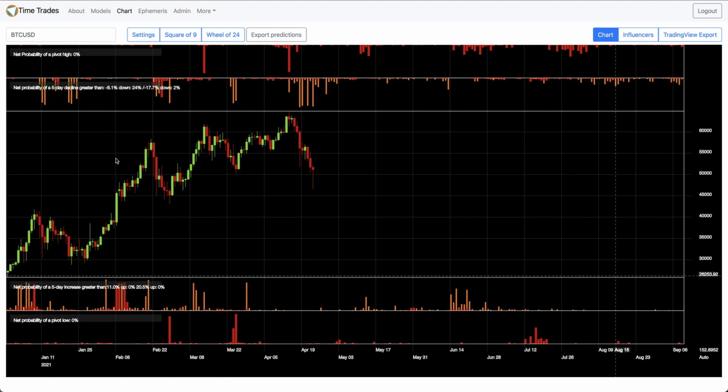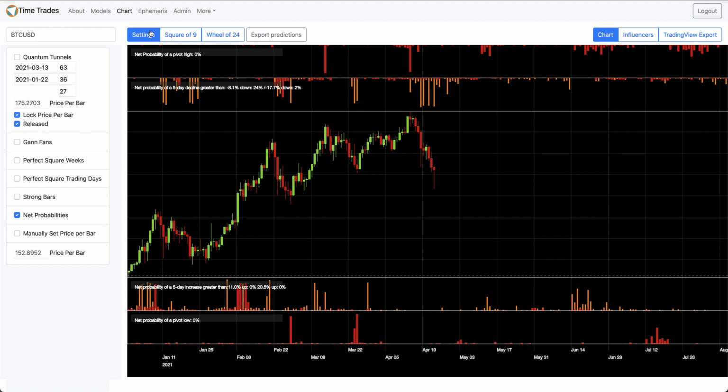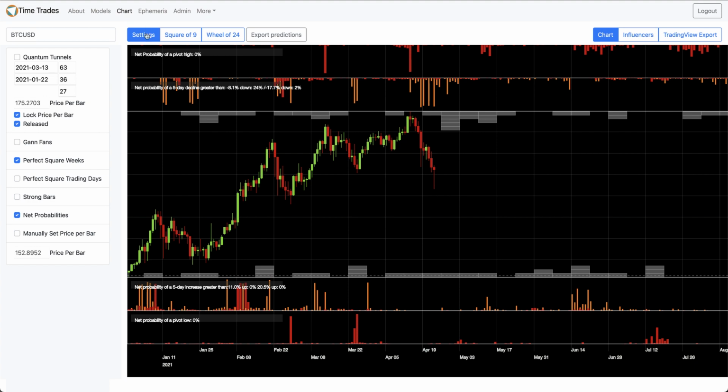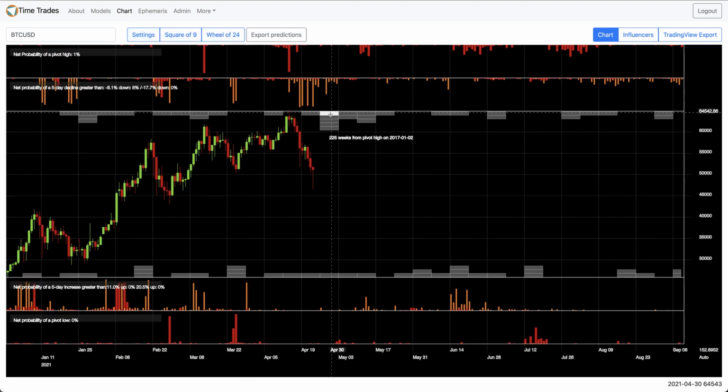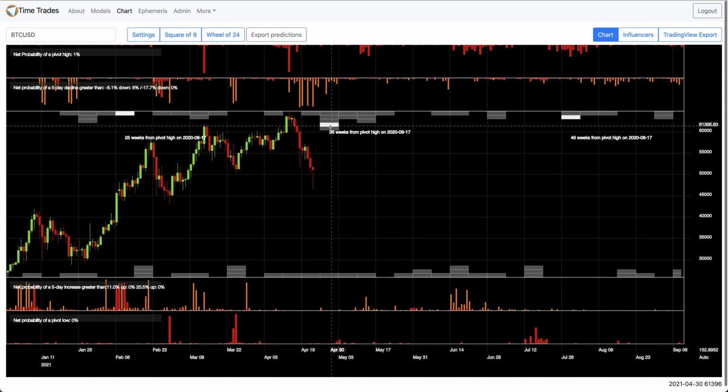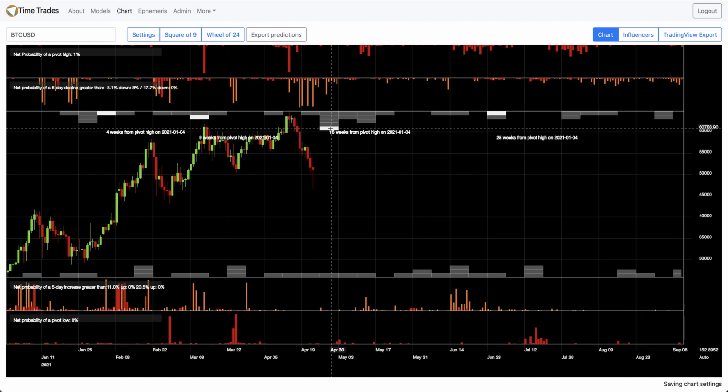First thing that I discovered yesterday while I was working on fixing a bug, I was playing around with the perfect square weeks feature down here. And I turned this on and I was really surprised to see this massive stack of perfect square weeks coming in starting next week. So if you don't know what a perfect square week is, this is a Gann technique,